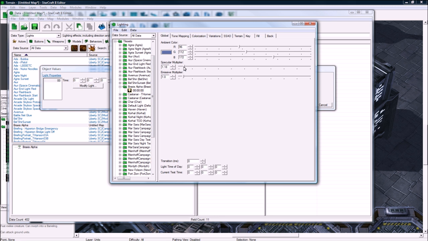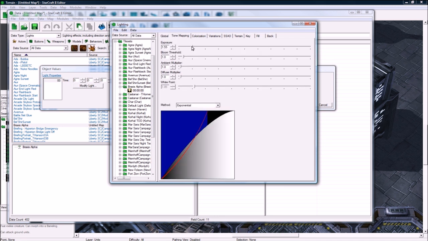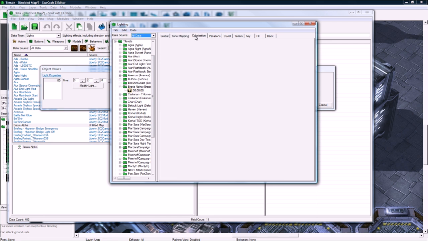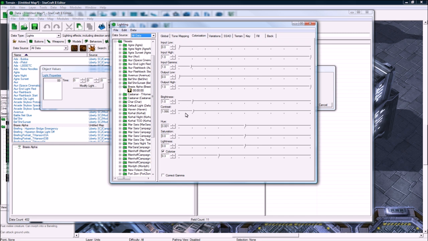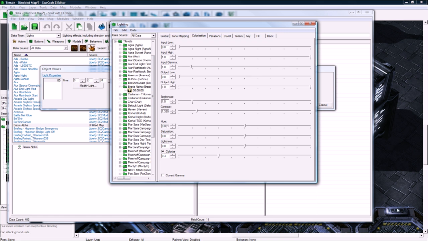So I usually turn up specular multiplier, so it makes it a little bit more shiny, more cinematic-y. Turn up the exposure, because when I turn up contrast later, it's going to make it really dark, so you want to have high exposure now. Turn down bloom so you get more of the glow that you see in movies a lot. And turn up diffuse a bit. There we go. And now here in colorization, turn up the contrast slider to like 1.3, so you can see it getting darker now. And then I like to do a bit of colorization, so let's go for